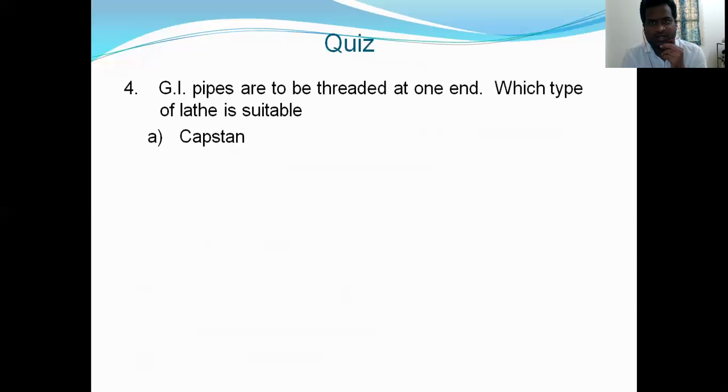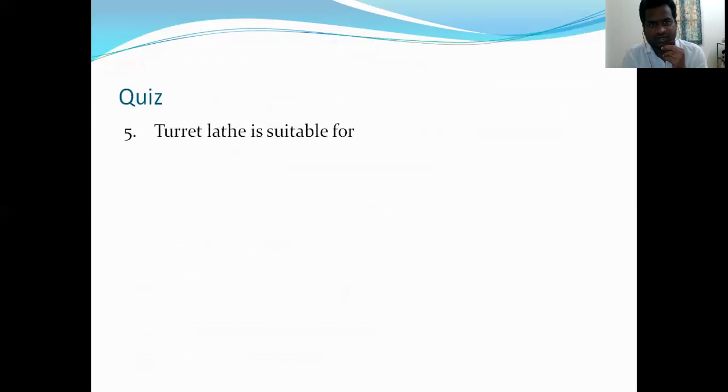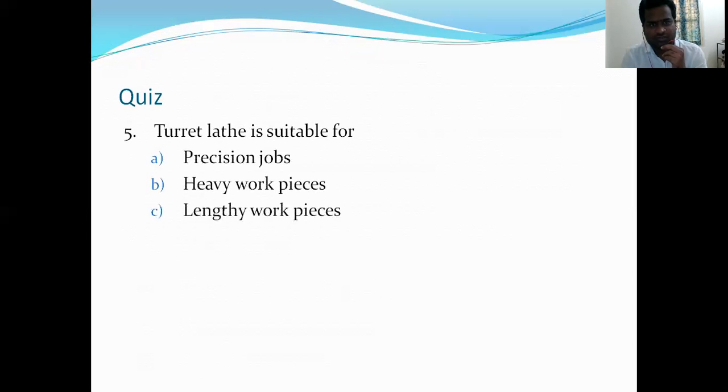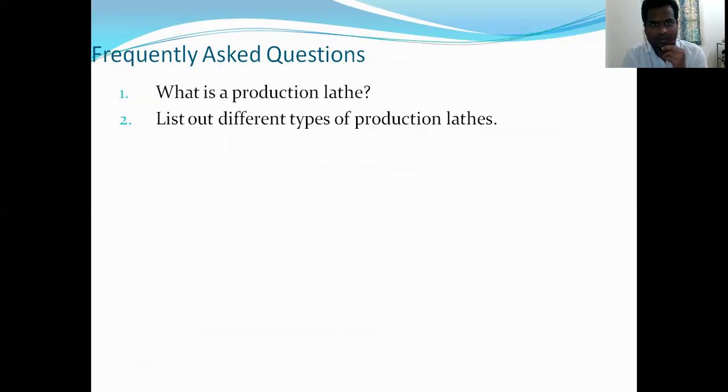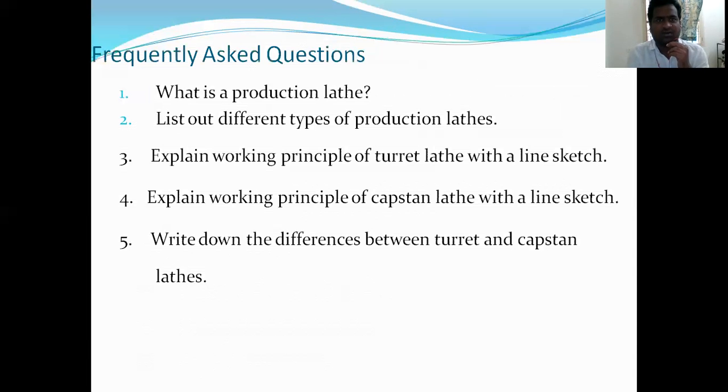Which type of lathe is suitable for threaded parts fed one way? Threading lathe is suitable. Turret lathe is suitable for precision jobs and heavy workpieces, which we have already discussed. Okay, so these are the questions. Don't ask them now. So, to conclude today, we have discussed the turret lathe and capstan lathe. We are providing so much time for this. So by this I can